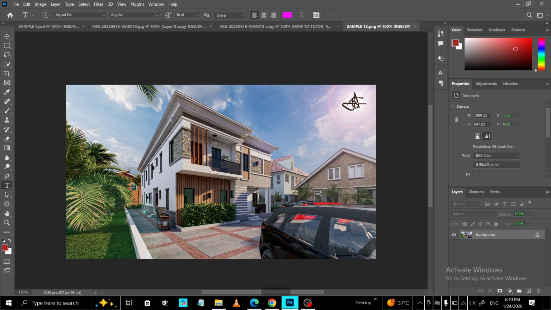If the PNG is larger than your screen and you can't see the handles, zoom out so everything fits comfortably. When you're happy with the size and position, press Enter or click the check mark in the options bar to confirm. After placing, you'll see the PNG appear as a new layer in the Layers panel. You can drag it above or below other layers to